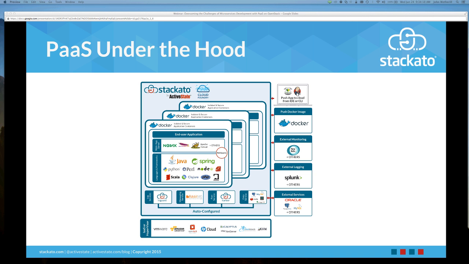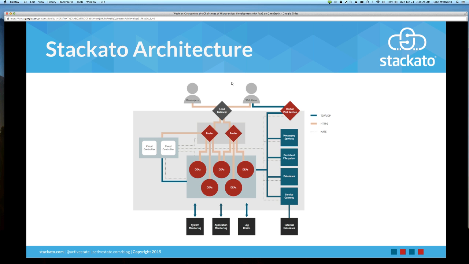I'm also going to dive a little bit further and look at what you actually get in a PaaS, what Staccato looks like under the hood, or the architecture itself. I'll just whip through this fairly quickly. We don't need to get into too much detail. But the red circles in the middle, those are DEAs, droplet execution agents. These are VMs which are responsible for running the application containers that house the apps. There are any number of those DEAs, and on those there are multiple dozens, hundreds of containers running that the apps are contained in.